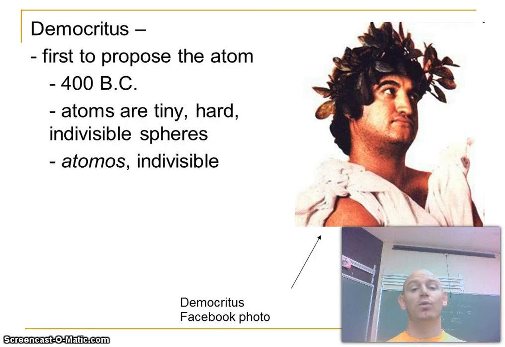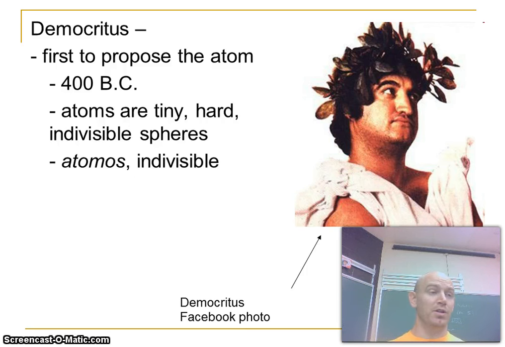Now, Democritus was the first person to actually propose the idea, the notion of an atom, and this was about 400 BC, and his idea was basically that atoms are small, indivisible spheres, and the word atom came from the word atomos, which meant simply indivisible. And Democritus came to this conclusion